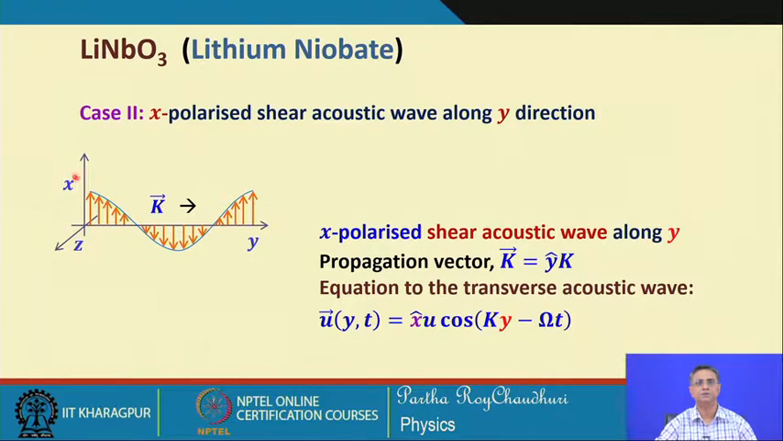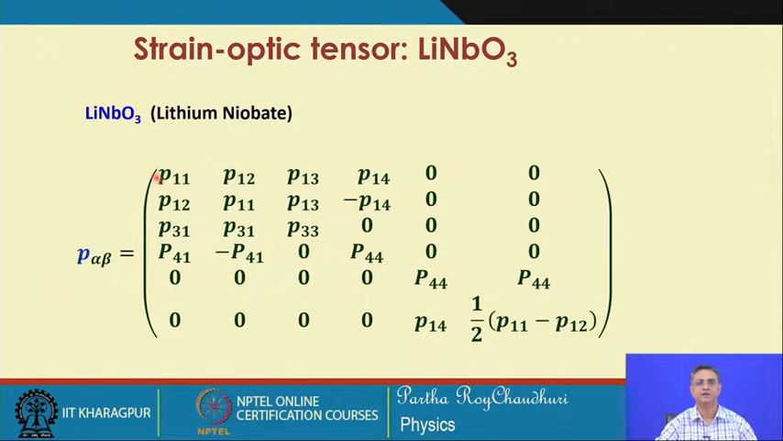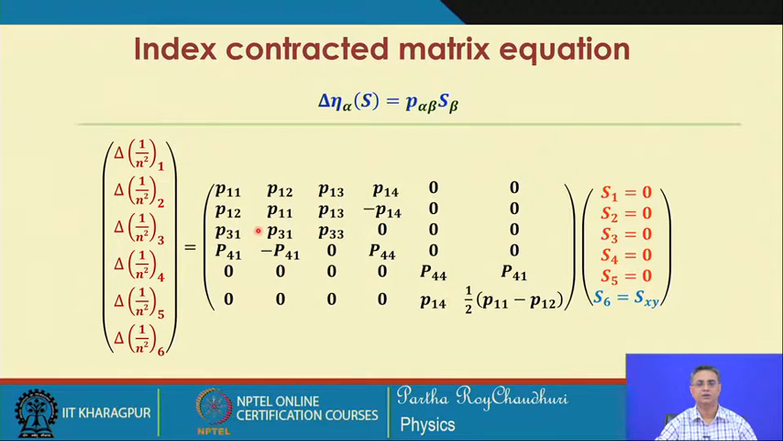So, looking at this, because it involves x and y, the shear strain component will involve only this non-zero quantity, and the rest of them are 0. So, it is now again straightforward. We will apply the strain optic tensor of lithium niobate for this. Therefore, we get the changes. In this case only the last column will be non-zero, and will contribute to non-zero elements of this change in the impermeability,